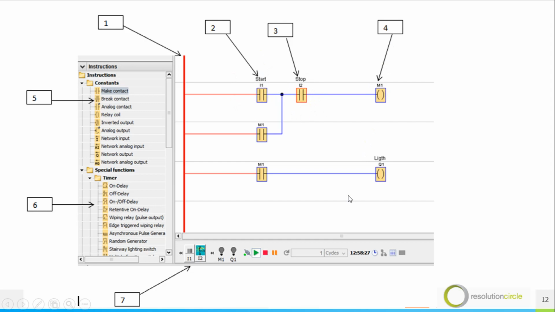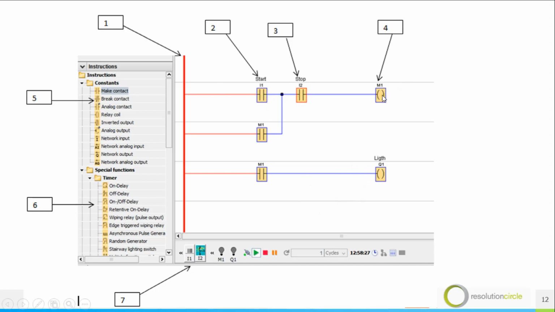is what we call a memory bit or a memory flag. So it's a coil that is internal. It's an internal bit. You won't have any physical port where you will connect your M1. It is an internal flag. Right? So we need flags to achieve some of the programs that we want to achieve. For instance, here,